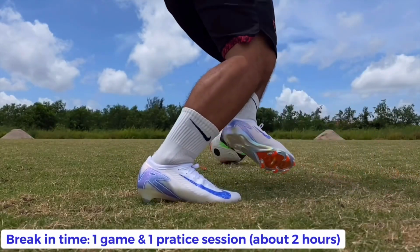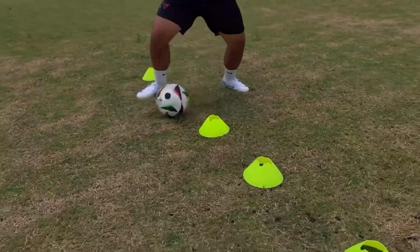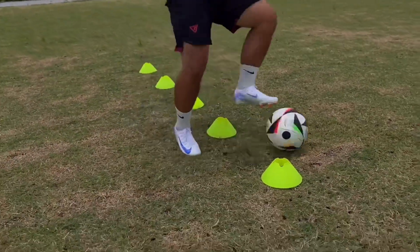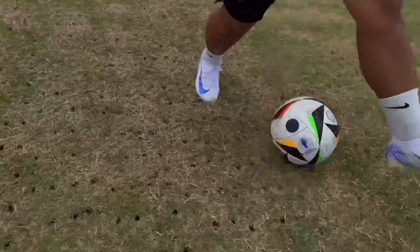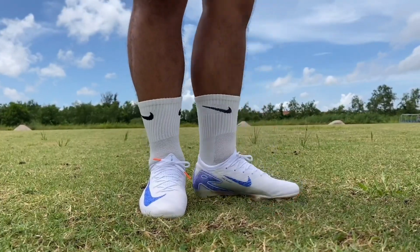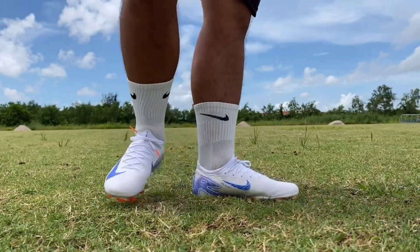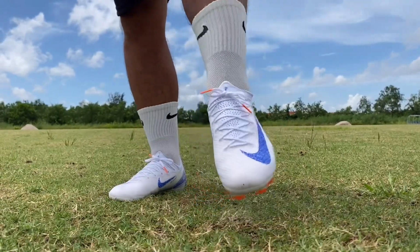It only took me one game and one practice session for these boots to be completely broken in. The only areas that needed to break in were the outsole and the Zoom Air back. This combo feels a bit stiff at first, or if you haven't played in the Zoom Air Vapor for a while like me, it can make your feet feel tired and sore. If you play a full game right out of the box, you feel the soreness more intensely and the experience